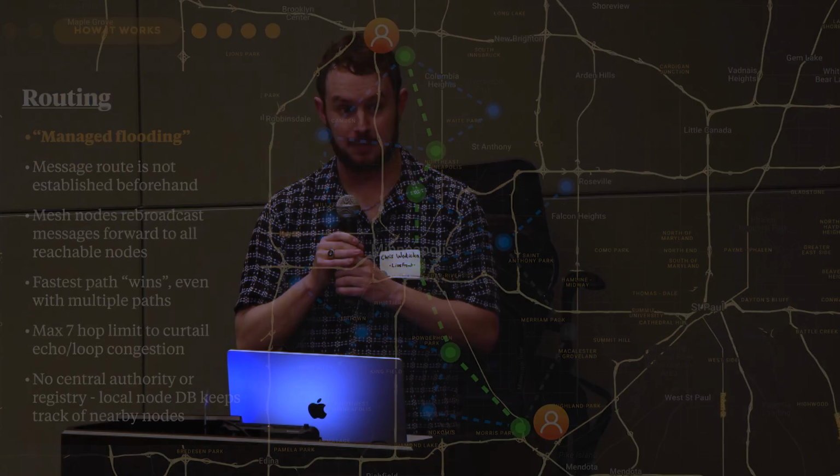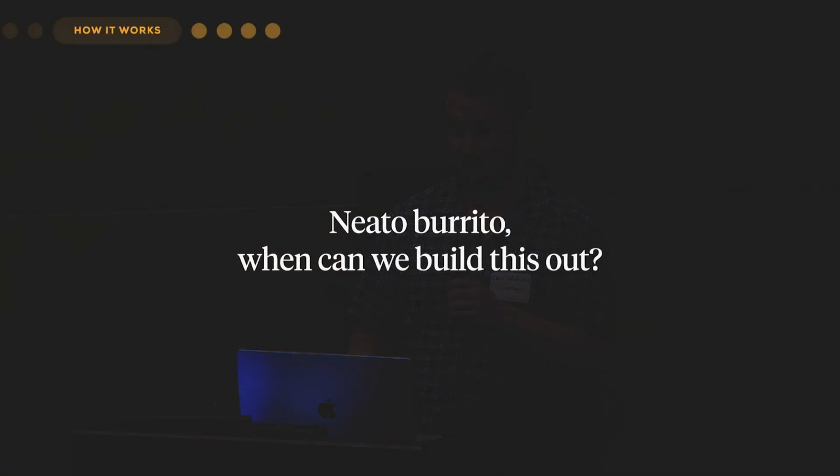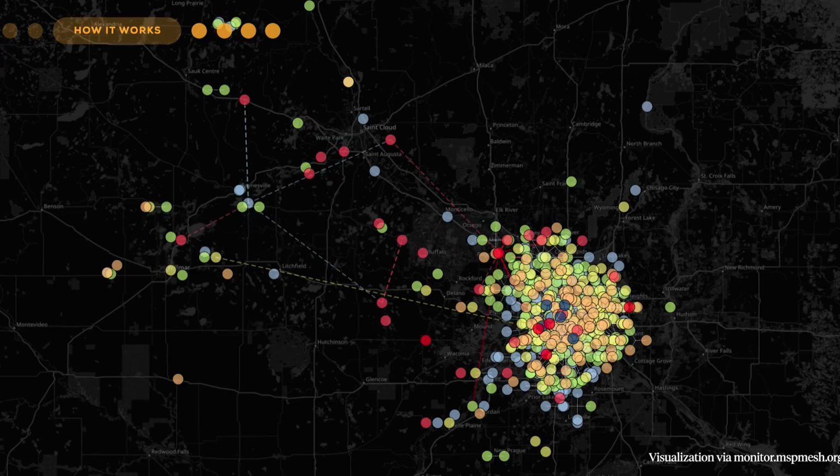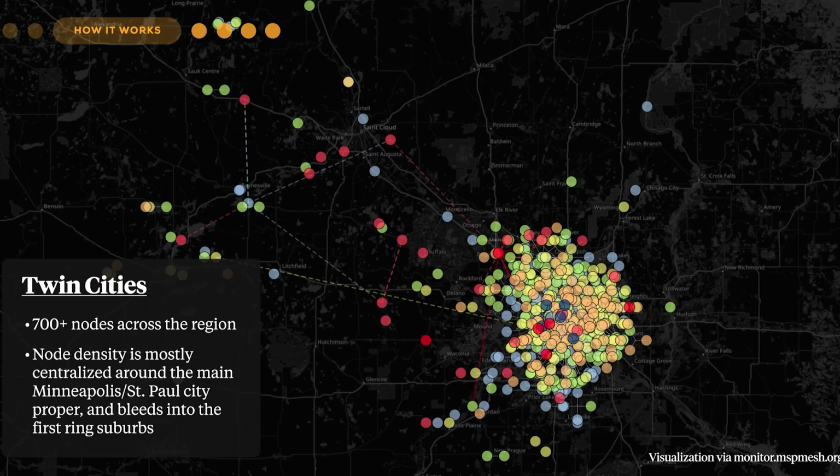It's an interesting theory that Meshtastic has set up. So again, this is the 50,000-foot flyover of what Meshtastic is and how messages are routed. You probably came to this talk wondering how this stuff is going to work and what it is. And now you're probably wondering, that's awesome, can we actually build something like this in Minneapolis? I'm interested in this. Well, I'm here to tell you that it's already here. This already exists in Minneapolis. And it's something that a lot of dedicated folks have been working on. It's a really cool community effort.